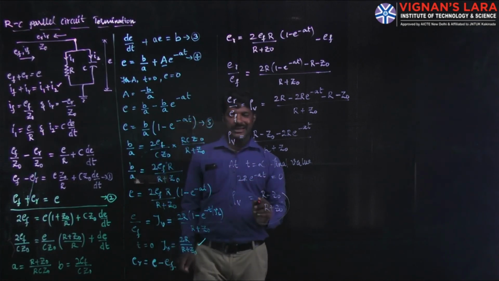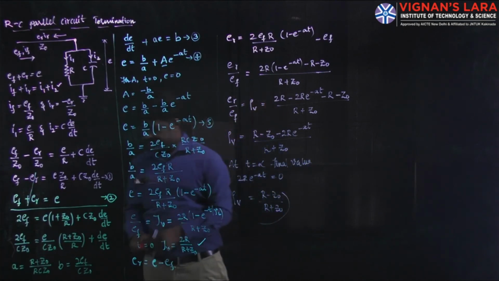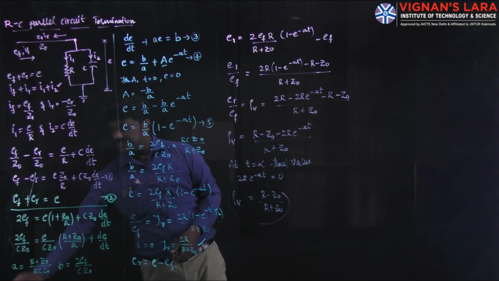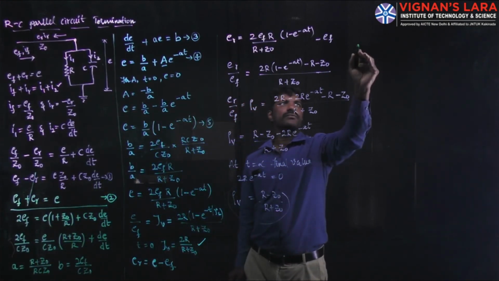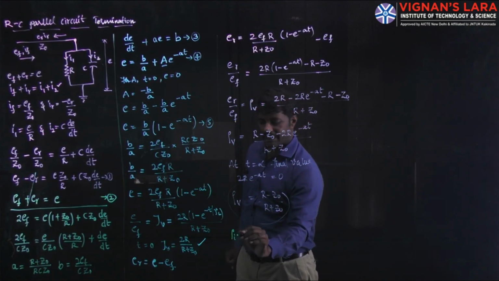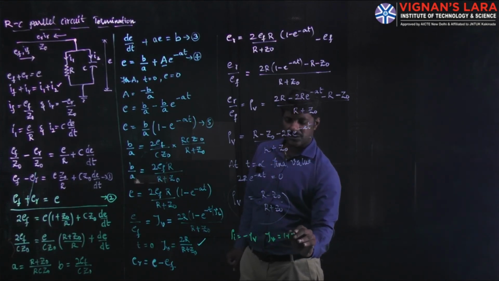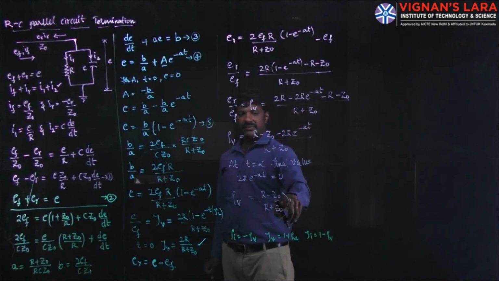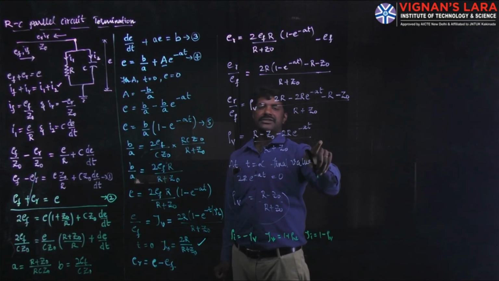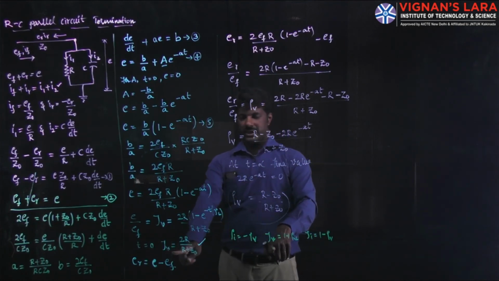So in short, once we get this rho V, all other remaining quantities can be analyzed as the basic quantities are known to us. What are the basic quantities? With rho V known, rho I can be calculated as minus rho V, tau V can be calculated as 1 plus rho V, and tau I can be calculated as 1 minus rho V. Since rho V is R minus Z naught minus 2R e power minus AT by R plus Z naught, if you simplify this for 1 plus rho V, you should get tau V. Thus this is the tau V for the final value.